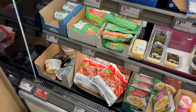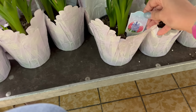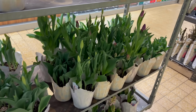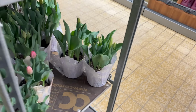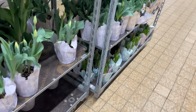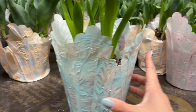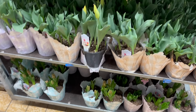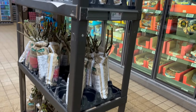Not a ton over here either. There are many plants. Tulips. I'm not even gonna try to say this one because I know it's a hard one to say. Decorate your Easter table with these. Oh, some of them are actually blooming. I guess you can get it in a variety of stages here. Obviously good Easter plants, and they are $4.89 a piece, and they are wrapped in different colors. They have an orangey, a blue, a pink, a purple. Very much goes with the dishes they've been selling, doesn't it? And then of course they still have all of these rose bushes,